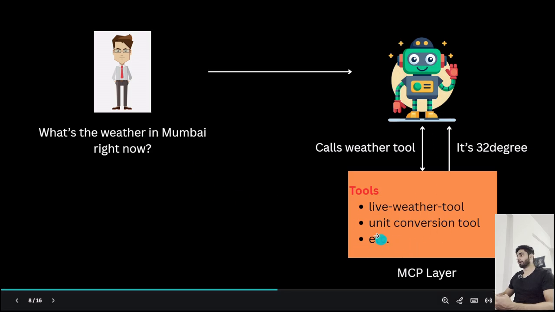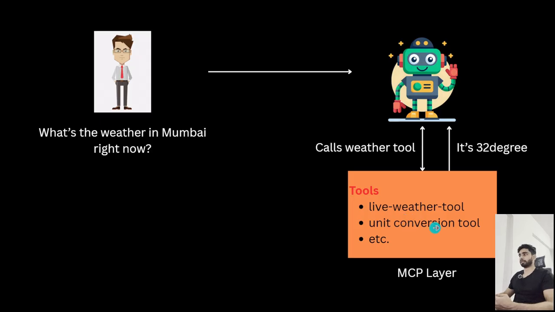AI checks the MCP layer to see if there is a tool for live weather. AI can see there is already a tool present. So MCP calls the weather tool, then the tool fetches the latest data and returns it to the AI in a structured way. Now AI gets the real-time data and responds to the user that right now it's 32 degrees Celsius and sunny